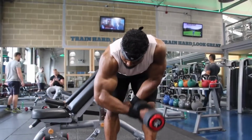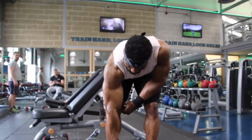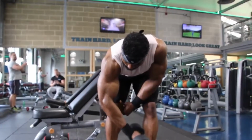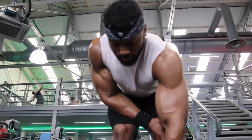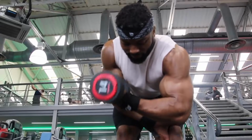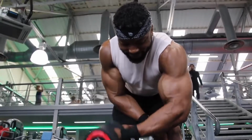12 to 15 reps, but sometimes I will go 12 reps, 10, 8, 6, and then again, finish with a drop set. With these, I just do 2 drop sets, so 10 to 12, and drop it again and do about 8 to 10. We're on to the cable